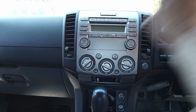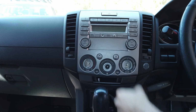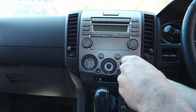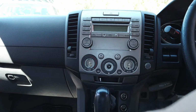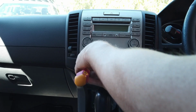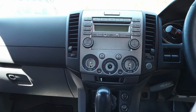So look, fairly easy to pull this one out. You just want to pull off all your air conditioning knobs. Remember where they came from. Unscrew your two Phillips head screws here. Then we just want to get your trim removal tool, which comes in the kit, and go around the edge